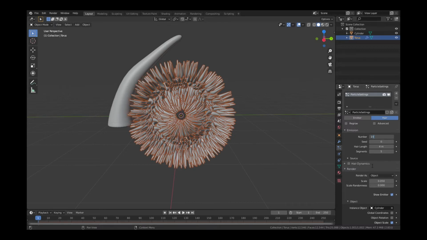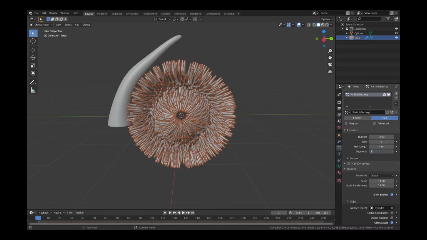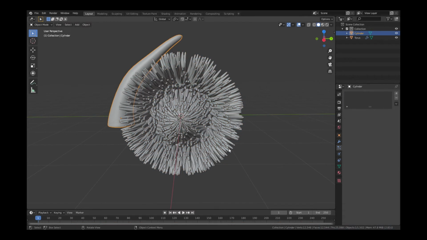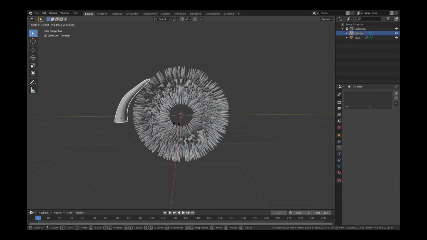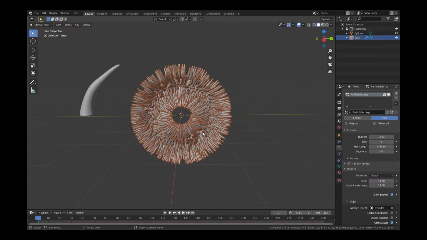Now enter 1500 in number. I think this number is perfect, and enter 5 in seed and enter 10 in segments and increase the hair length like this. Select this, press S like this. Now again select the ring